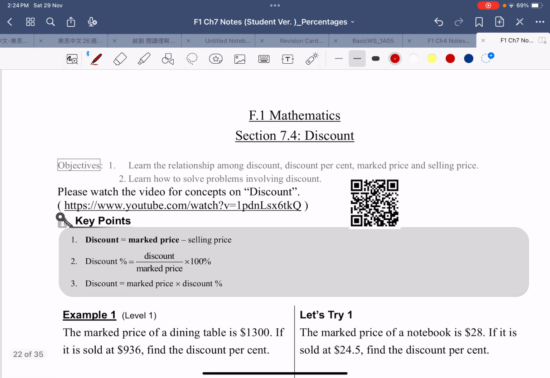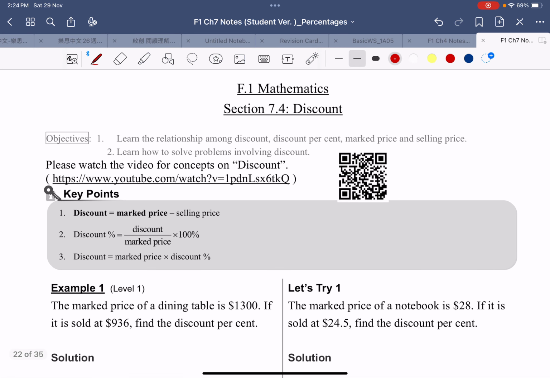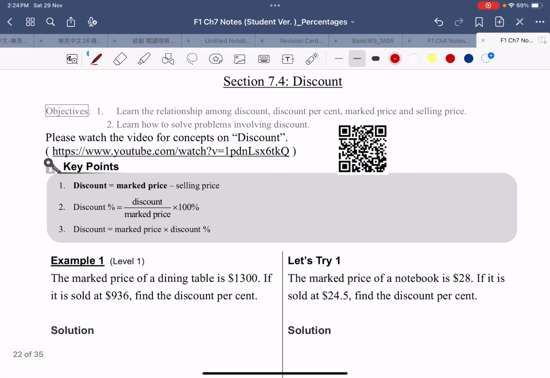Alright, now let's move on to section 7.4. We talk about discount this time. So if you go to a supermarket to buy something to eat, for example, maybe a bag of biscuit. Okay, the market price, what does the market price of this good mean? Okay, so there is a price tag. Say the biscuit is $8. But again,